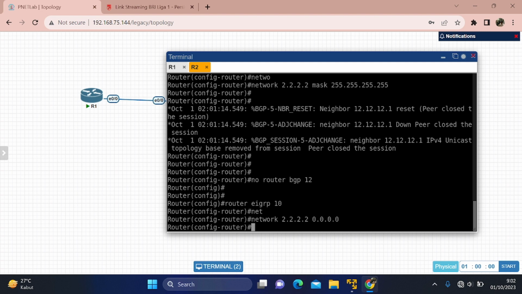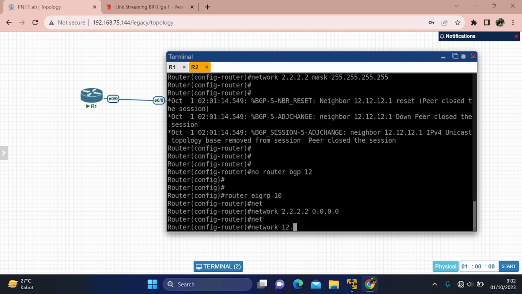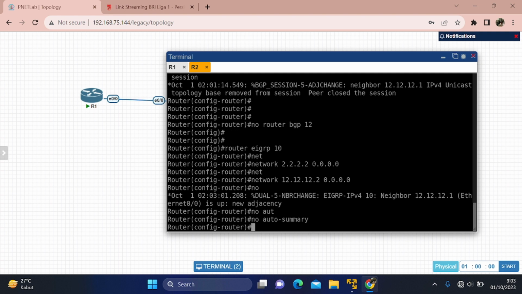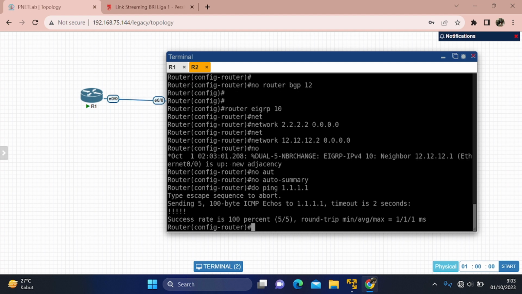Wait a second. And then you must add the network 12 summary. And then you must ping 1.1.1.1. This is the success.